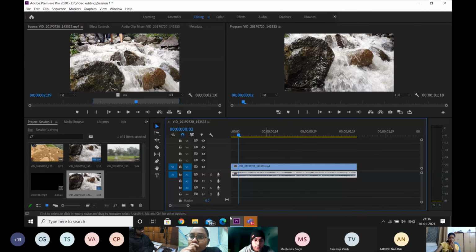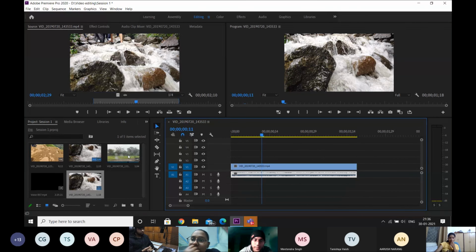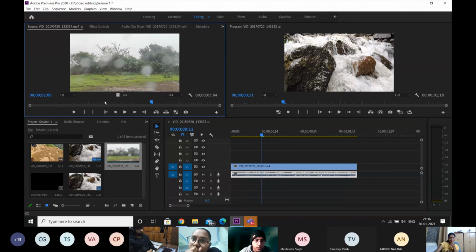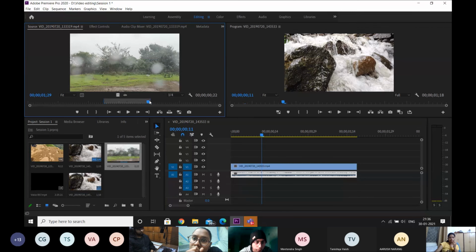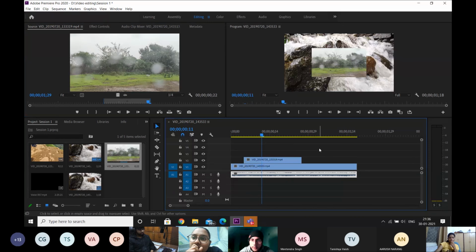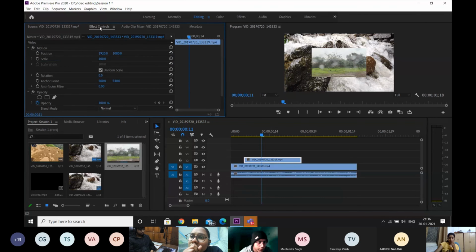Now what happens when we add levels on top of one another? Let's say there's a video on this level already, on V1. What if I add another video on top of that? Let's say this particular video clip, I set an in point by pressing I, an out point by pressing O. I'll drag the video. Now if you can see, the video got inserted. Okay, this might be a little confusing for everyone. Just give me a second.